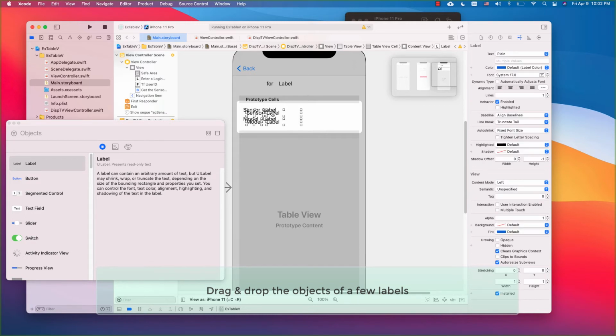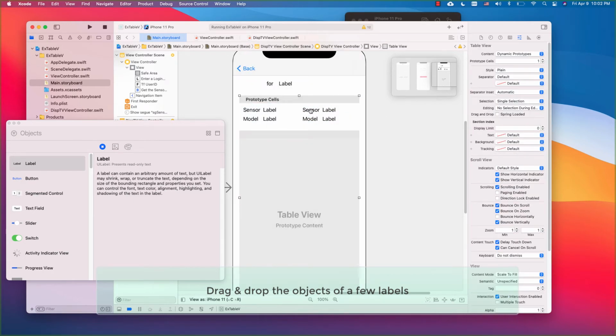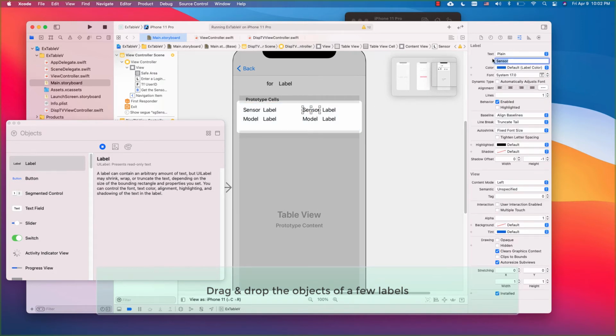We have to be very careful, otherwise this will be messed up. Maybe something like this. And this sensor will be, I would say, data, and this is a date. Okay,